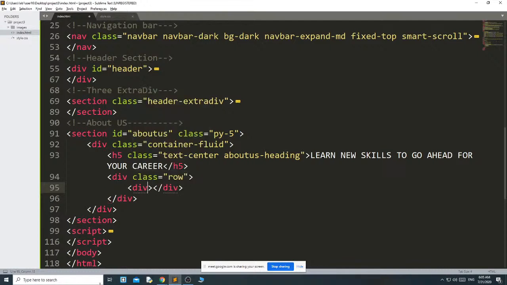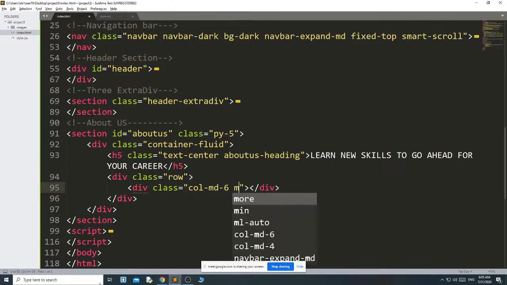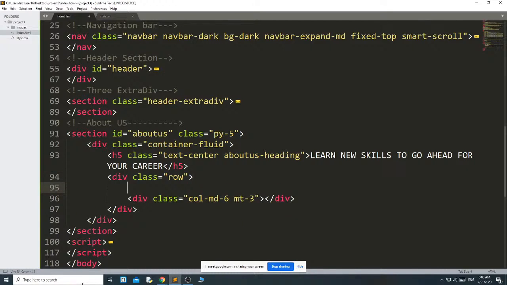Div class col MD6. Okay, and I just give the margin of 3. This is the left side. When you are using multiple grid system, always use the comment line, left side.